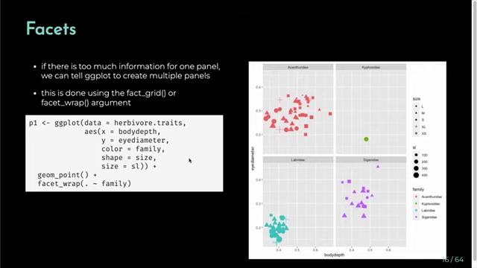And we can do that using the facet grid or facet wrap argument in ggplot. So we're using that plus again, and we're adding this facet wrap argument to it, and we're telling it that it's period over family. You can play around with the arrangement. You can also do family over period, which changes the arrangement of the plots. But what it does, it creates a plot for every single family, and it declutters the plot a little bit,